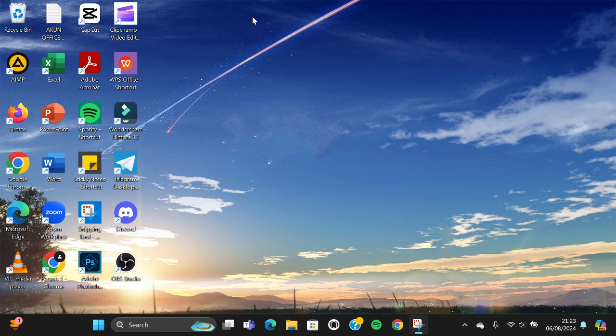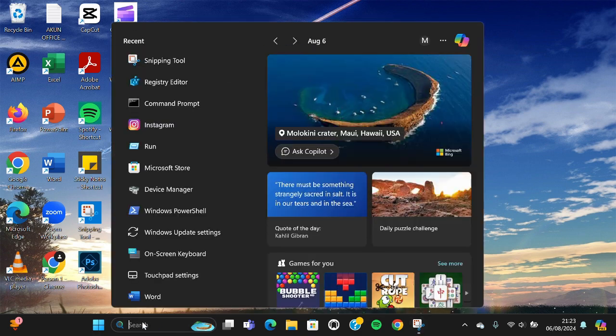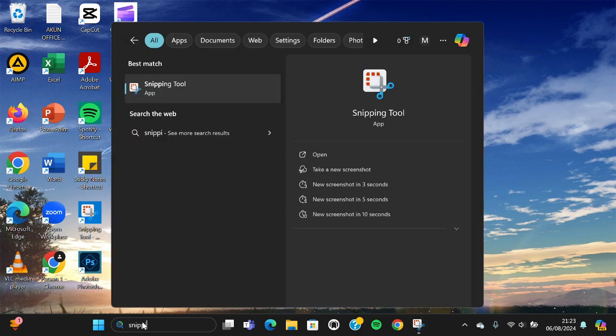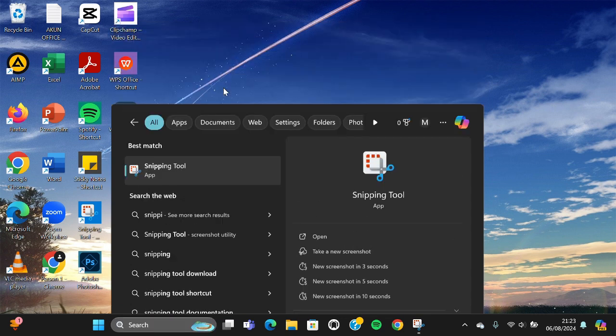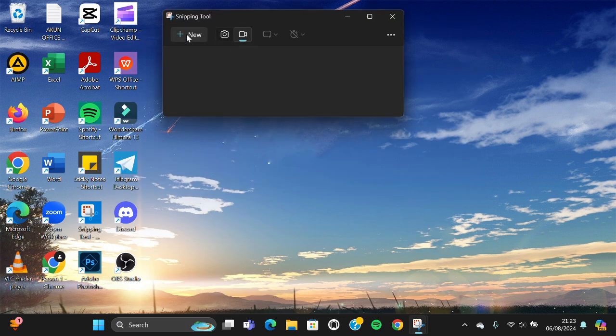Here I have opened my laptop with Windows 11, and if we want to record screen, we can use the Snipping Tool application. This one. If this application hasn't appeared on your desktop, you can go to the search menu and search for Snipping Tool. This one. Just open this application and then you are going to click on New, and you have to select the video